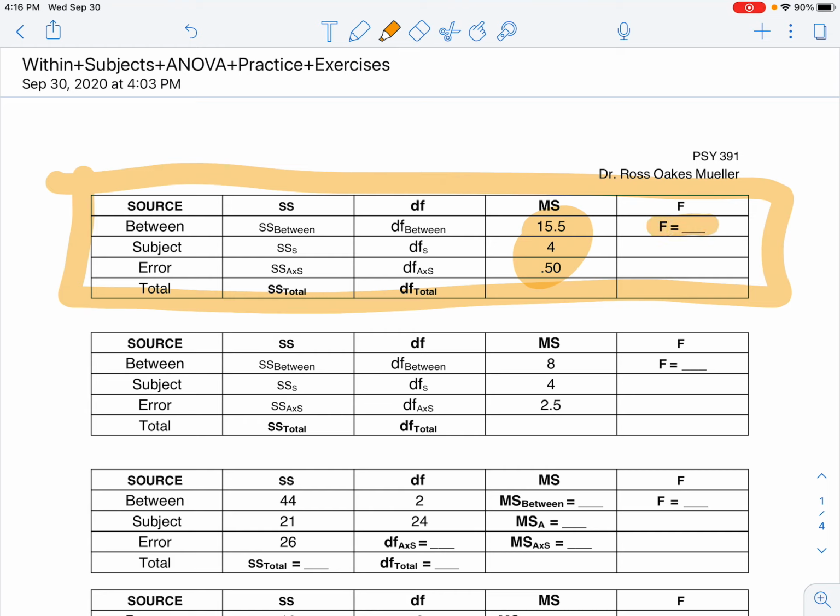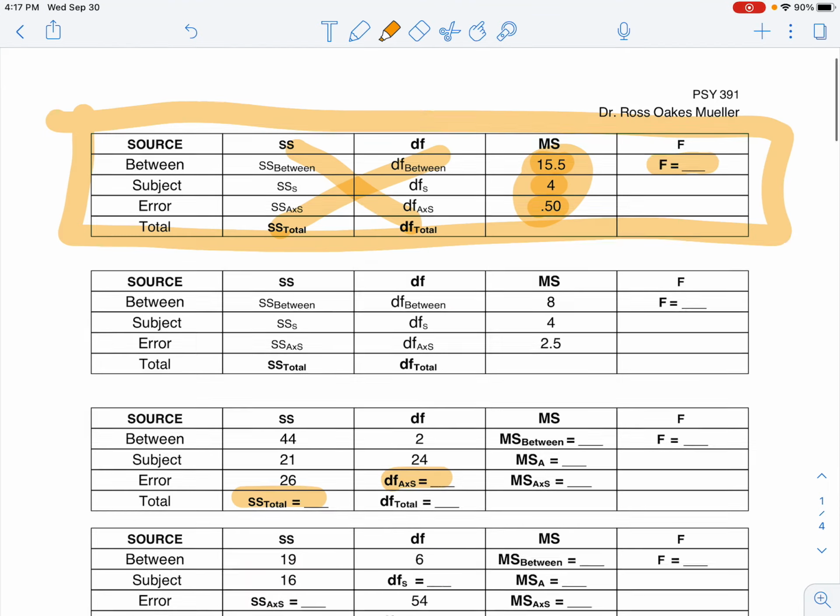indicated by a blank. So in this table, for instance, you'll notice I've already calculated out the mean squares, so you don't need to know any of these other terms over here. The mean squares have already been provided for you. All you need to remember is which of these mean squares you use to calculate the F. If you forgot how to calculate any of these, say sum of squares total or degrees of freedom, all you have to do, as with any exam that I give you, is to scroll down